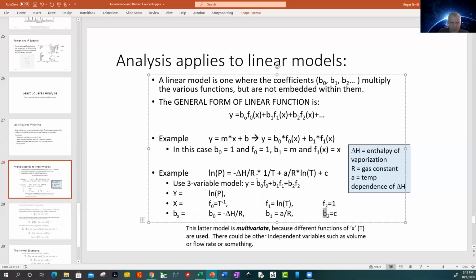Pressure versus temperature qualities of a liquid. Yeah. So,